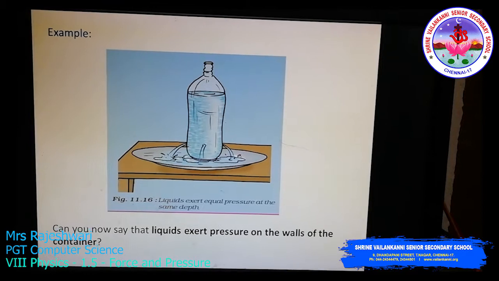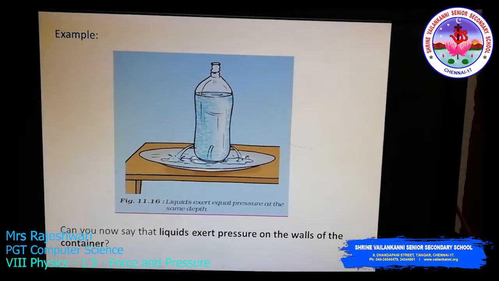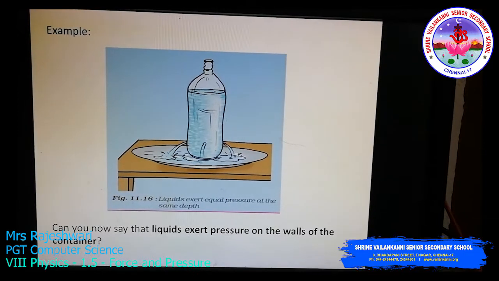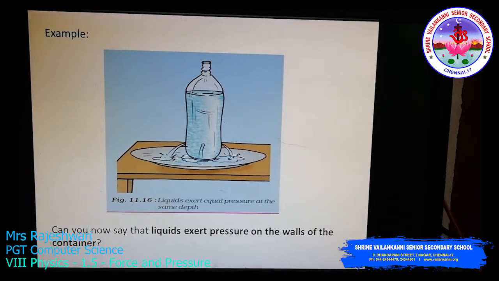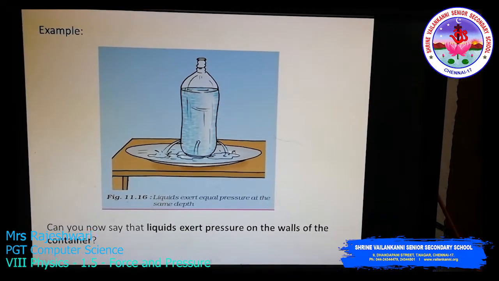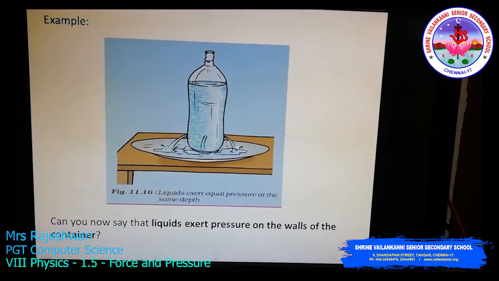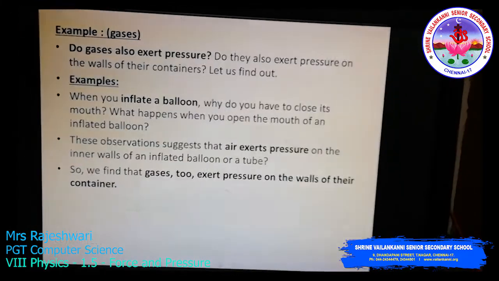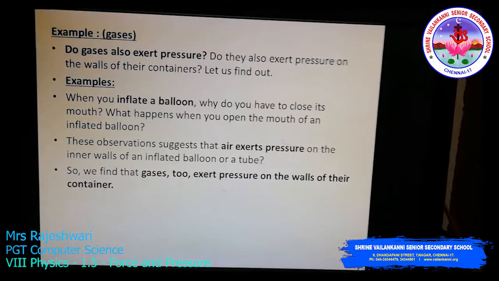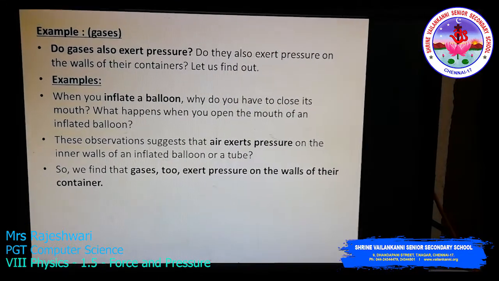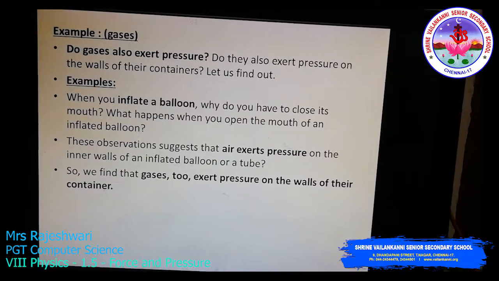The liquid exerts pressure on the walls of the container. Walls, which is nothing but the holes you have put on the container, which are part of the walls. So from the walls of the container, the liquid applies pressure to pour the water outside of the bottle. Clear? Now we have discussed how liquids exert pressure, that is, how liquids apply pressure on an object or on the walls of the container.